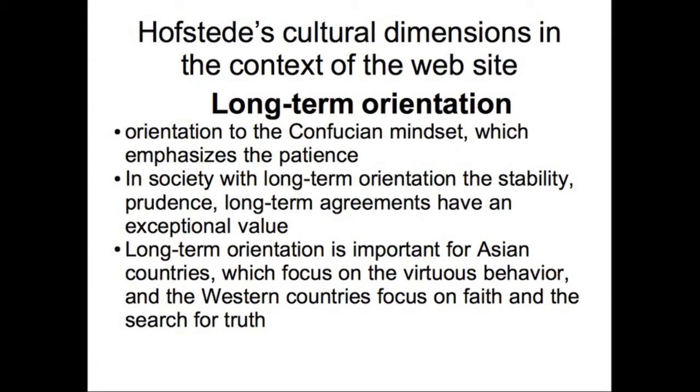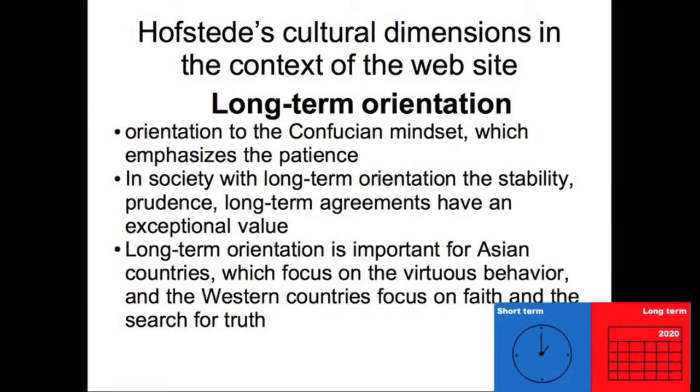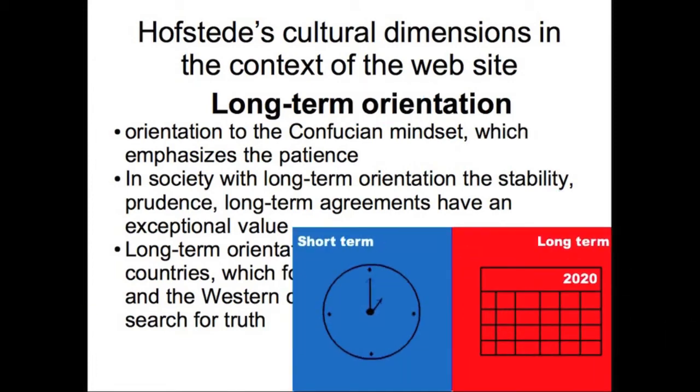High long-term orientation cultures emphasize such aspects of the website: a content concentration on practice and practical value, relationship as a source of information and trust, patience in reaching goals. On the other hand, low long-term orientation cultures highlight the content concentration on truth, rules are used as a source of information and trust, and there is a wish for immediate results.